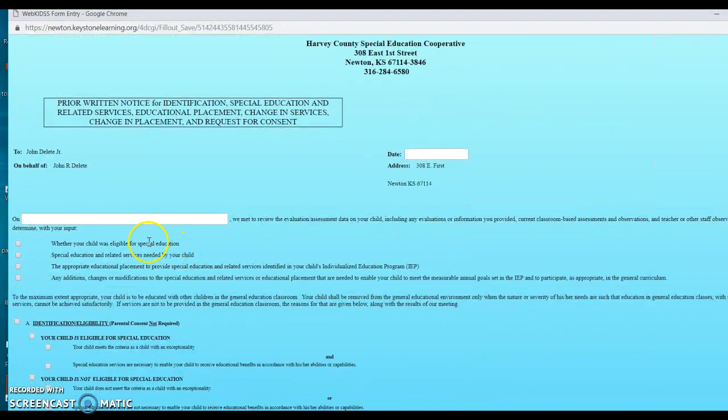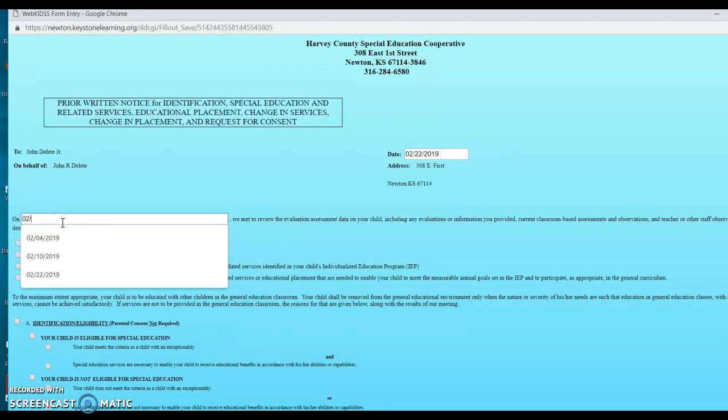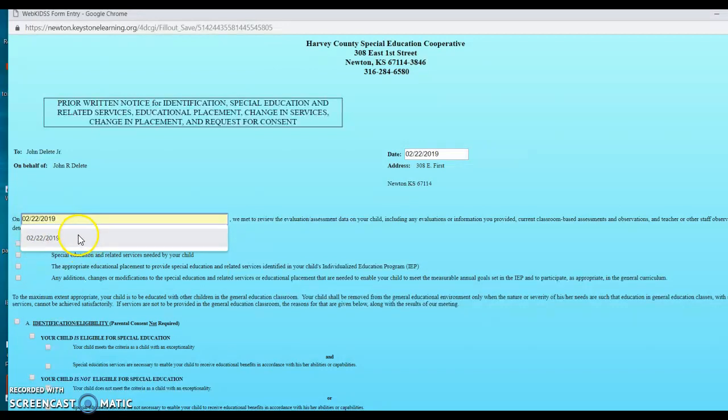Again, it auto-populated the names and the addresses. We're going to have the meeting on February 22nd, 2019,